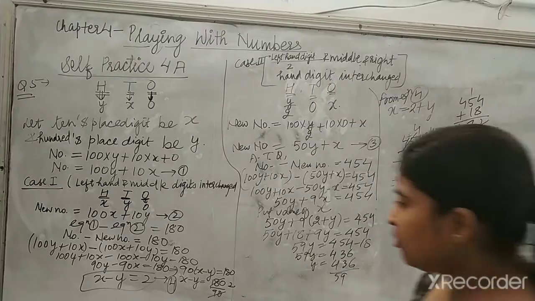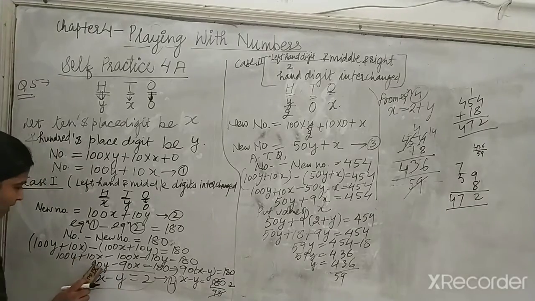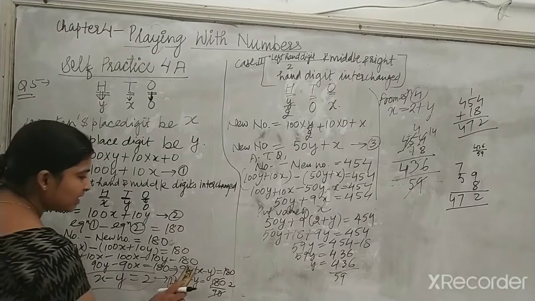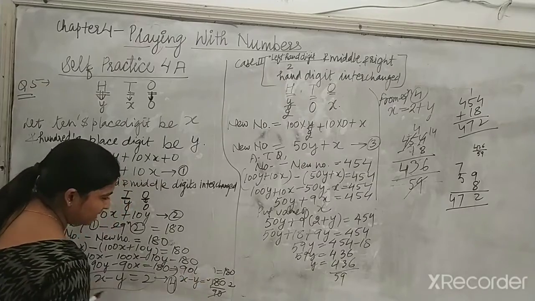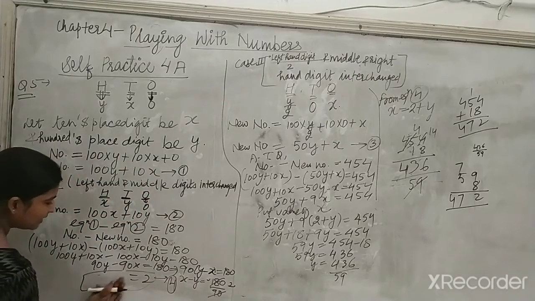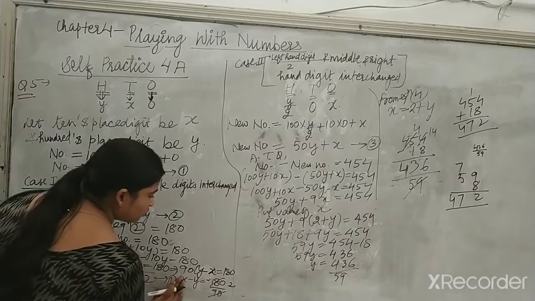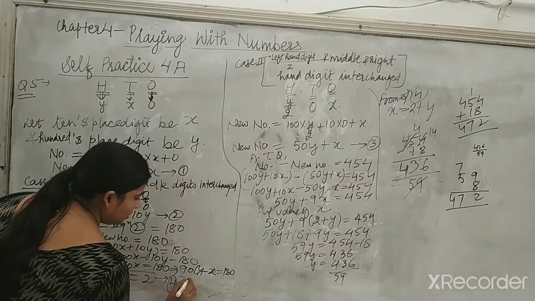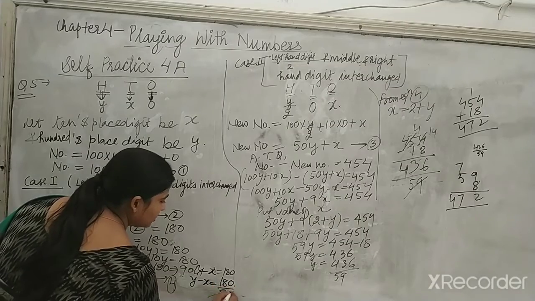Yes students, I found the mistake over here. What was the mistake? You can see that here we have done 90y minus 90x, and what we have written over here is 90 x minus y. It is actually y minus x. It should not be x minus y. So it is y minus x. Y minus x is coming how much? Y minus x is coming 2. So here also you are getting y minus x is 180 upon 90, that is 2.